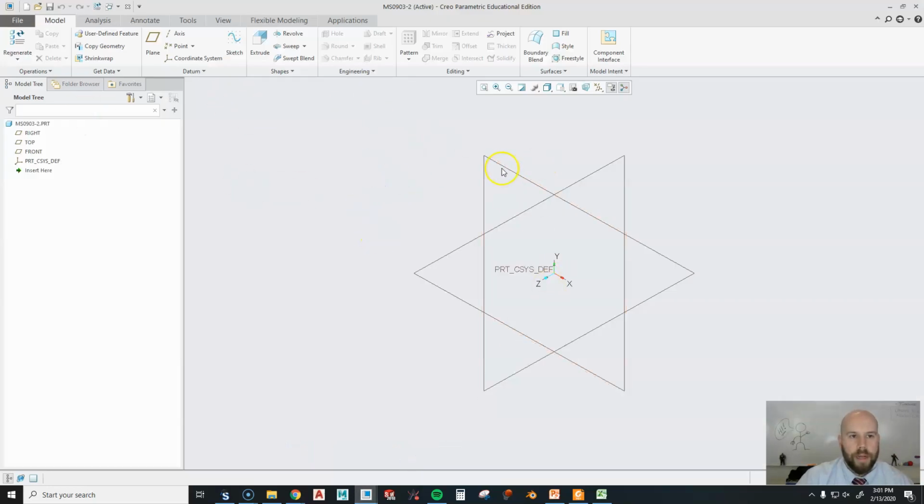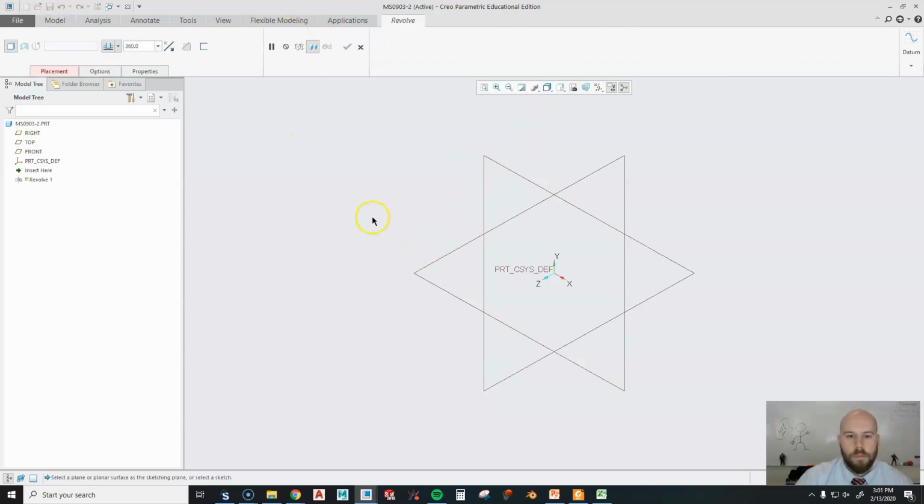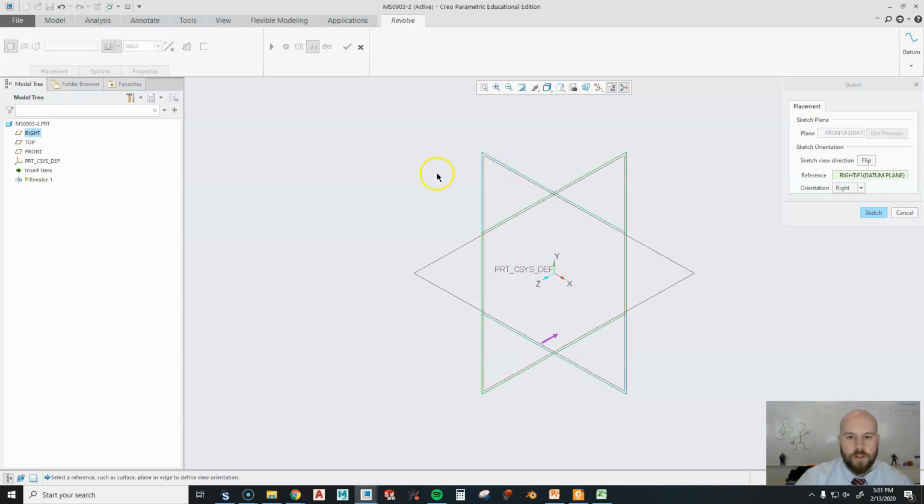Okay, so we're going to go over to Creo. I'm in my part right now. We're going to use a revolve. We're going to right click it and hit define internal sketch, and we're going to sketch on the front plane